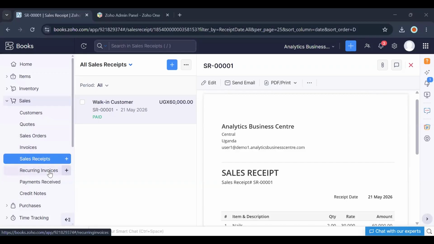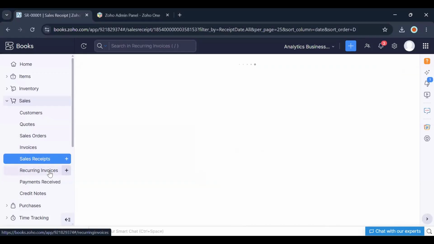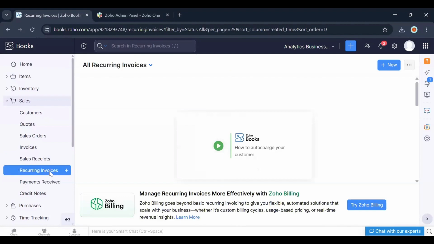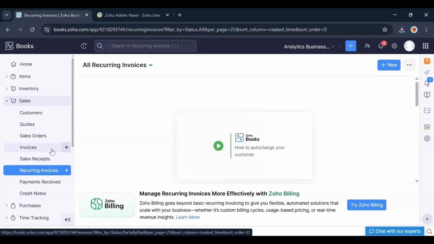Let me also explain what a recurring invoice is. We have seen how to create an invoice in the system. So let me explain what a recurring invoice is. Let me give a scenario. Let's say you have these specific clients that come and request a good or a service on a monthly basis, or let's say on a weekly basis. So instead of going ahead and creating an invoice the way we have seen here over and over again,